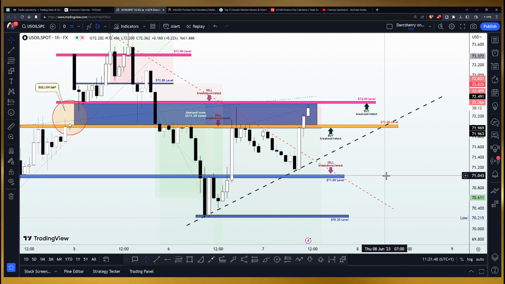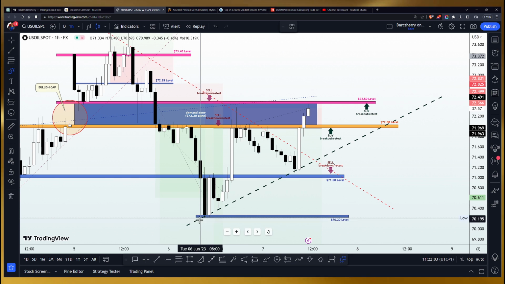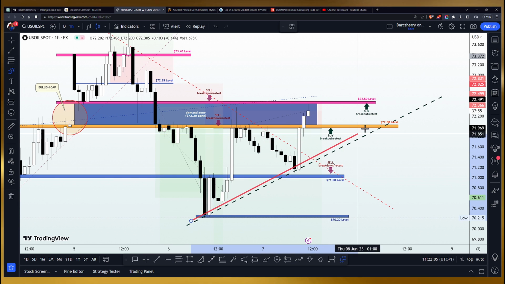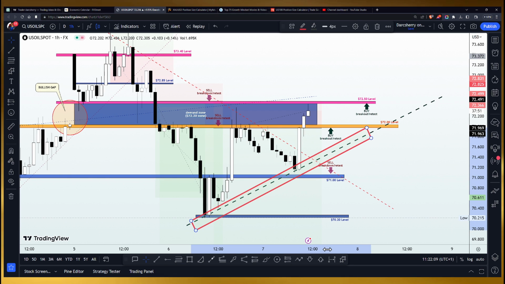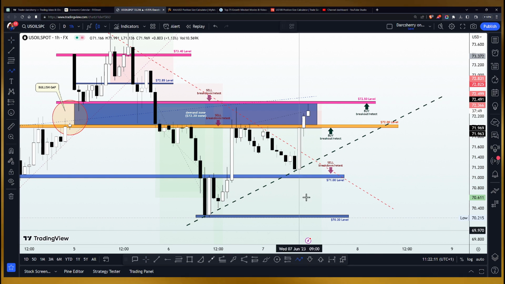So in order to take advantage of a bearish momentum from the structure, what do we want to see on this chart that will make us change our bias from bullish to bearish? Well, the only thing that we want to see here to sell the US oil spot is to see price action breach this bullish trend line. So if price action breaks down this bullish trend line at any point in time, then we want to start